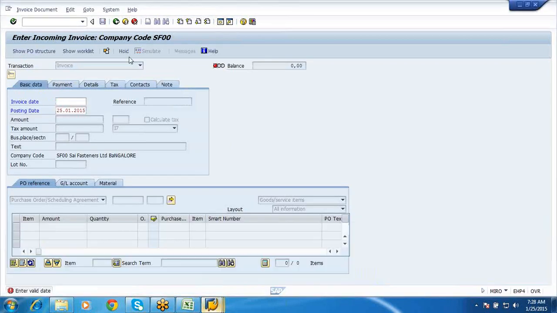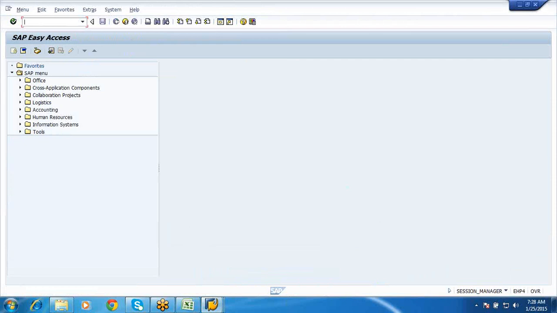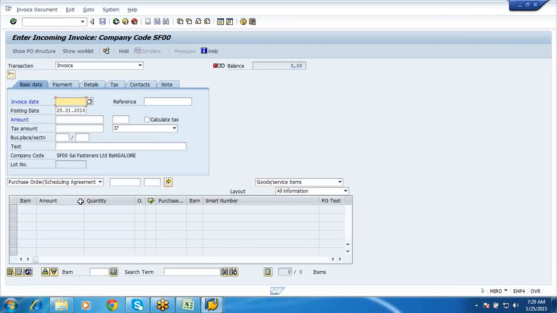So now, if I just come out, and if I say MIRO, see here, you did not get the tab itself. We have removed it. Okay, so if you don't want to post it to your general ledger accounts directly, then you can remove it.